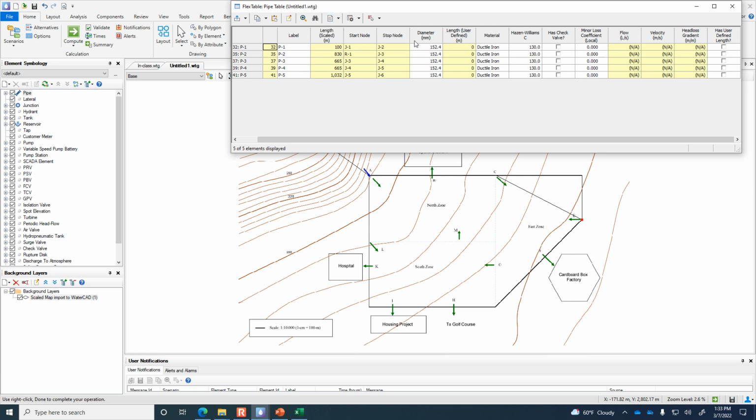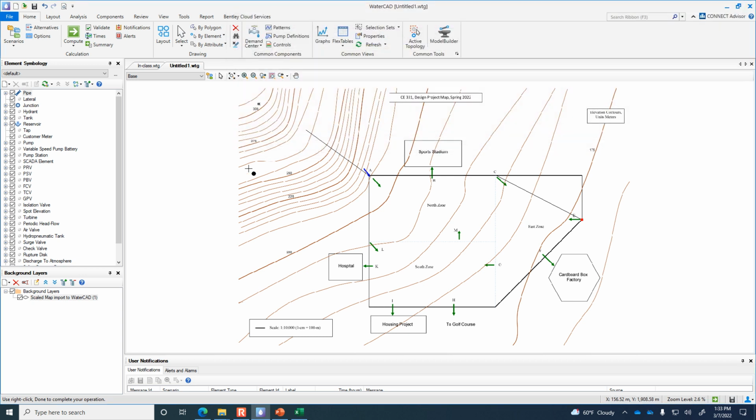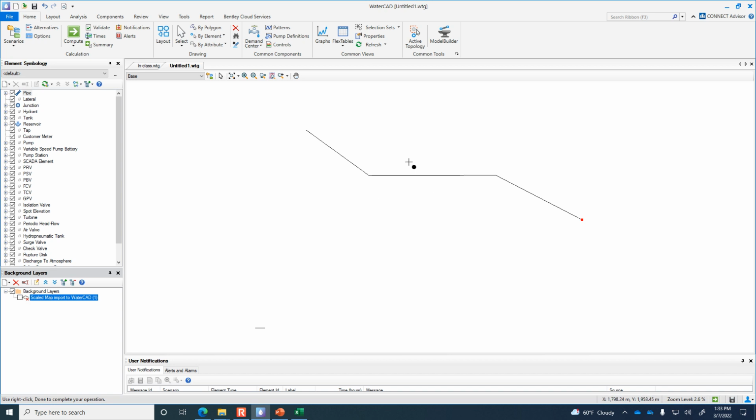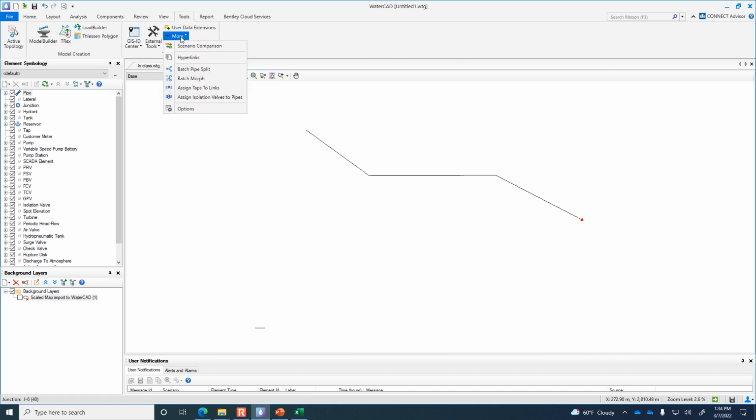correct. All right. But one thing, notice how since the pipes are really long, you may notice that you can't actually see the symbols that are at the end of it. So here under Tools,